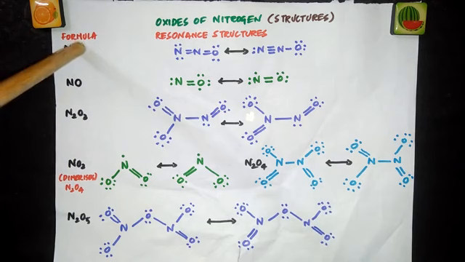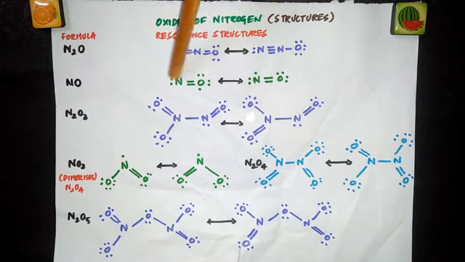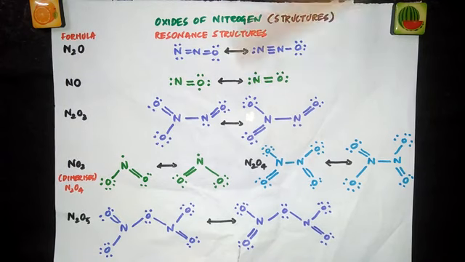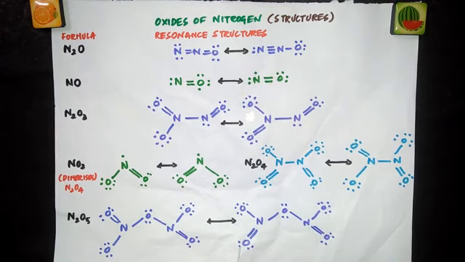Now NO. What is NO? Nitrogen oxide or nitric oxide. Now this is the structure of nitric oxide. See, you have two resonating structures. When you look at this structure, you can see it is an odd electron molecule. When you look at the electrons on nitrogen, usually we can have them in pairs, even numbers. See, 1, 2, 3, 4, or 1, 2, 3, 4, 5, 6. But here you have 1, 2, 3. We call this an odd electron molecule. So this molecule is paramagnetic in the gaseous state.